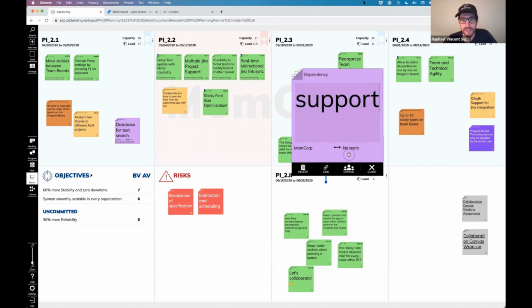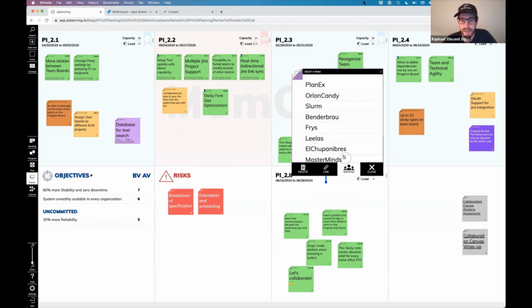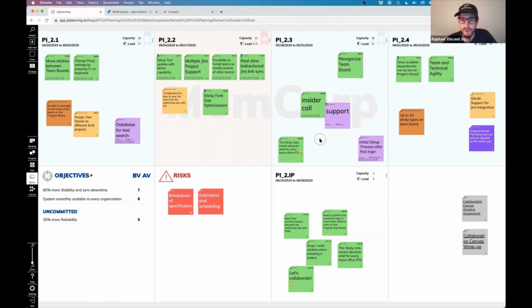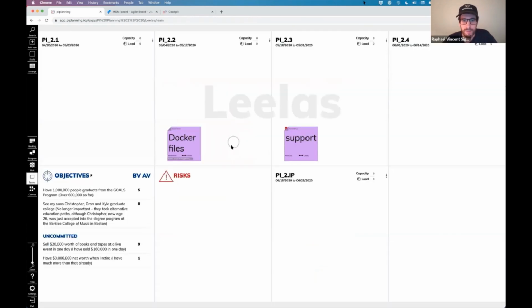So now in a remote setting, it's very important to have clear working agreements on how to behave when we have a dependency to another team, over which channels we want to communicate with the other Scrum Masters, for example. So once we know which team can take on the work, we can click on the depend button and share this dependency with them. So it gets instantly flagged here, but we can now switch to the other team because the other team receives this dependency sticky in the exact same iteration,